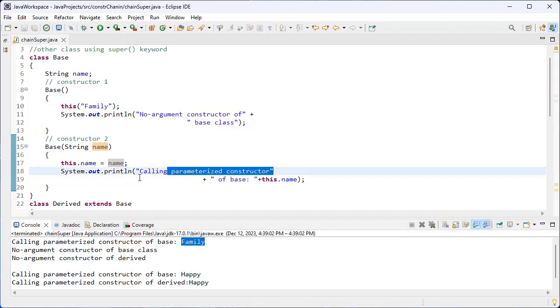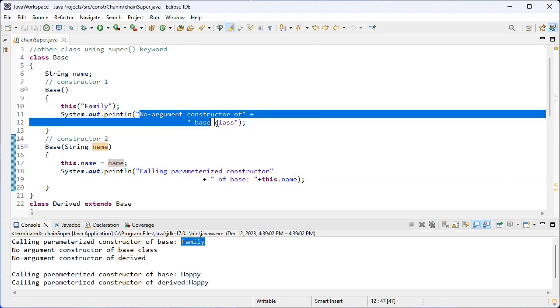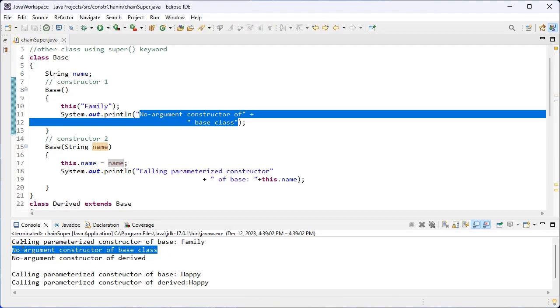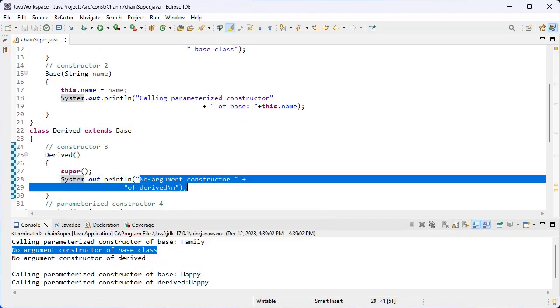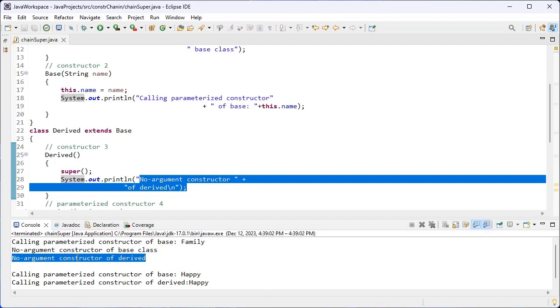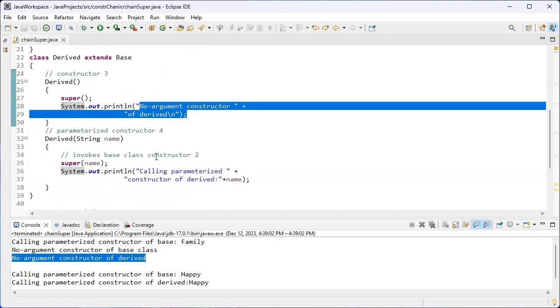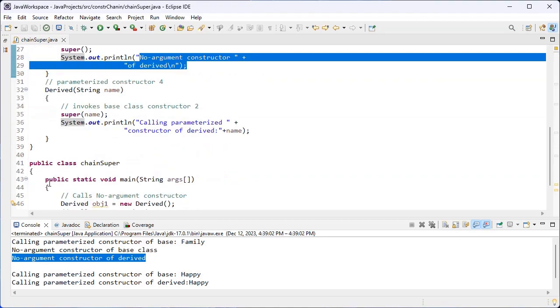Okay, and then the control jumps back to the 11th line. Here we have this statement. That's why we got this one on our console. After then the control again jumps back to the 28th line. Here we have the no argument constructor of the derived class. That's why we got this output. Okay, again the control jumps back to the